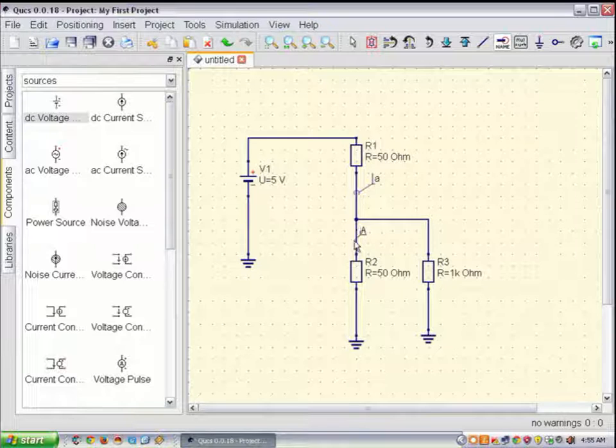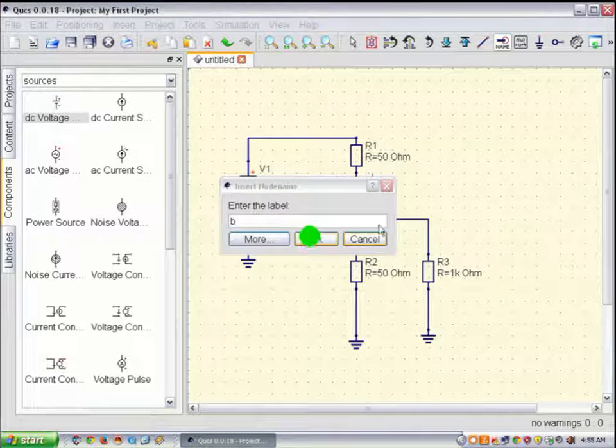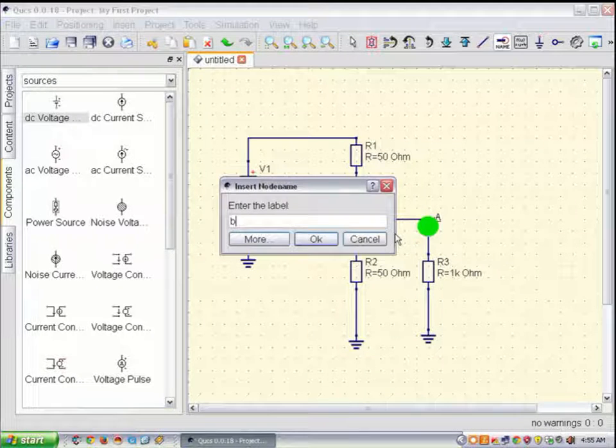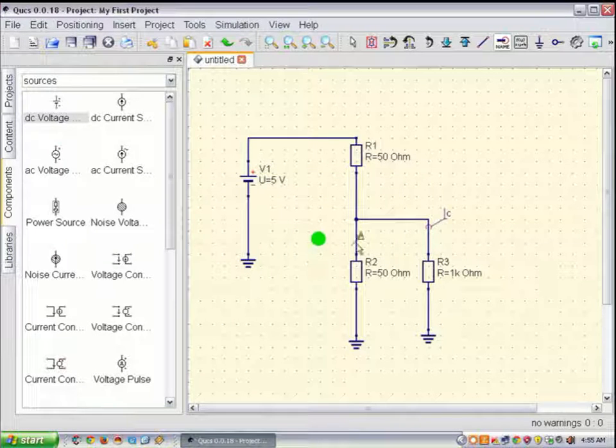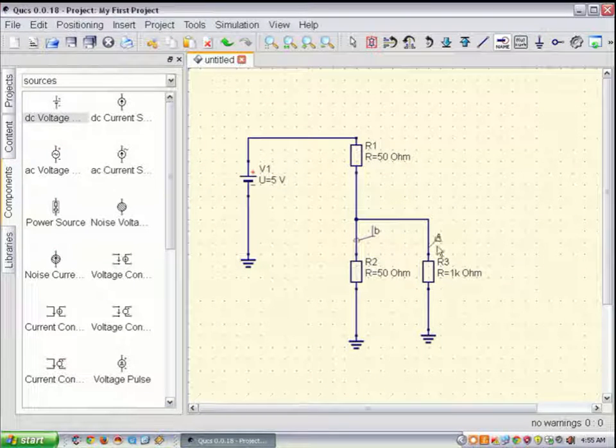and I will call this wire a label B, and then this as C. So I have, okay, so this is the junction. Either you name it here or here. And now